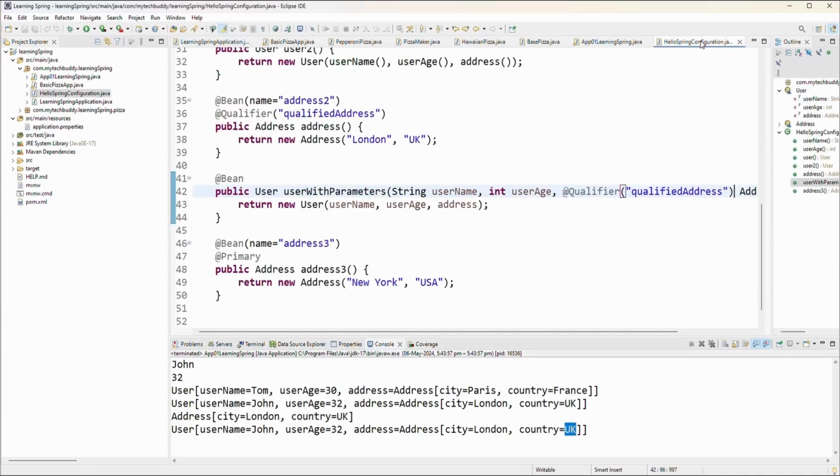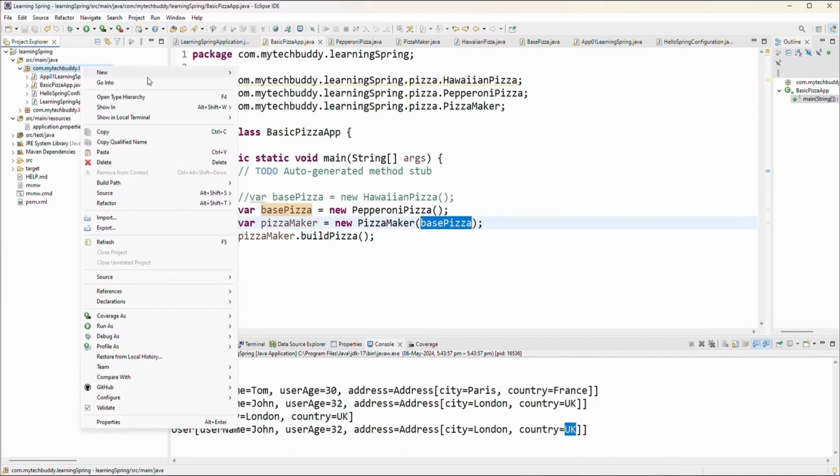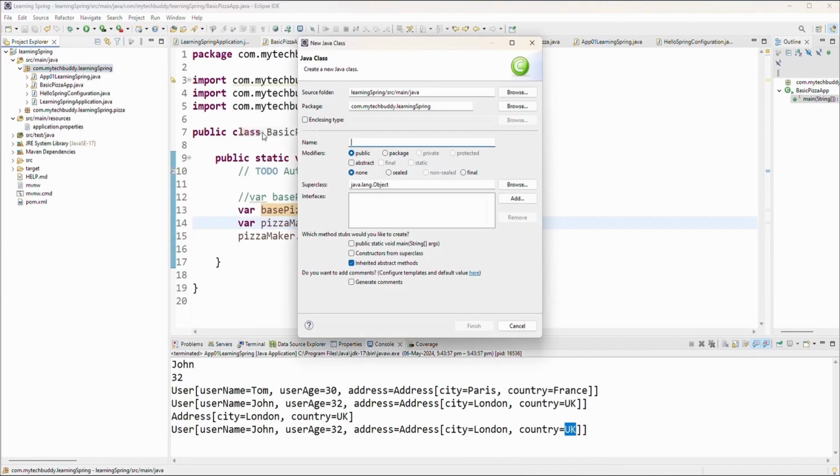Now we have learned how to create a Spring container and how to access bean. So let's use that in our pizza app that we created in part 1. Let's go to our pizza app and we will create a bean for pizza maker and then we will create our bean for pepperoni pizza. So let's make a new configuration file. We'll select the same package and we will create a new class, pizza